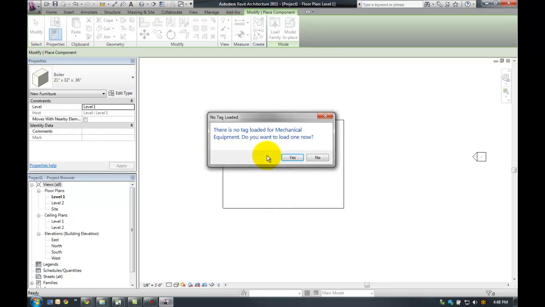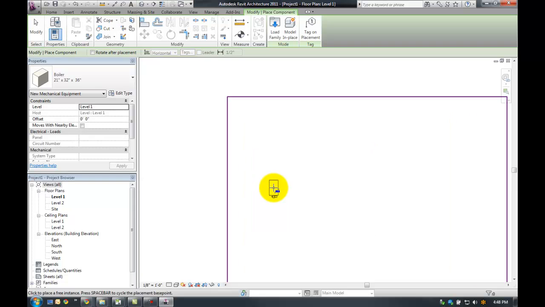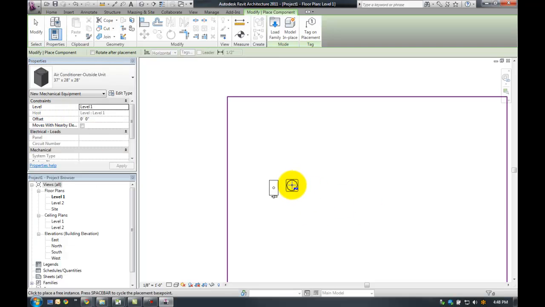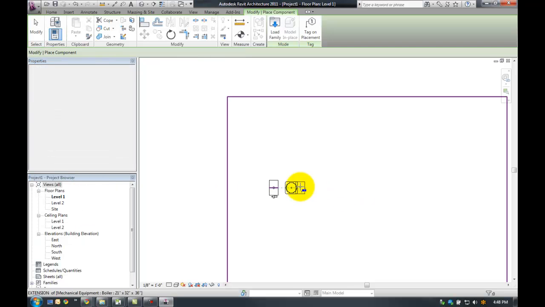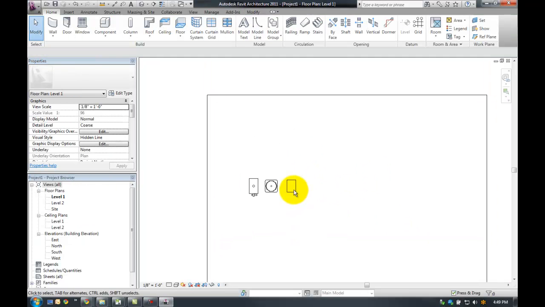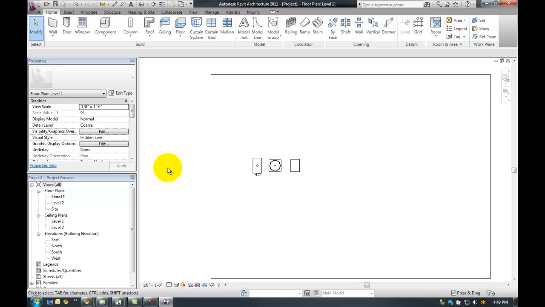So, there's no mechanical equipment tag loaded right now. I'm just going to say no, and we're going to come back to that in a minute. So, boiler, check. Air conditioner, why not? And furnace. Yep, got it. So these three objects by default don't give us any way to export some good information about them